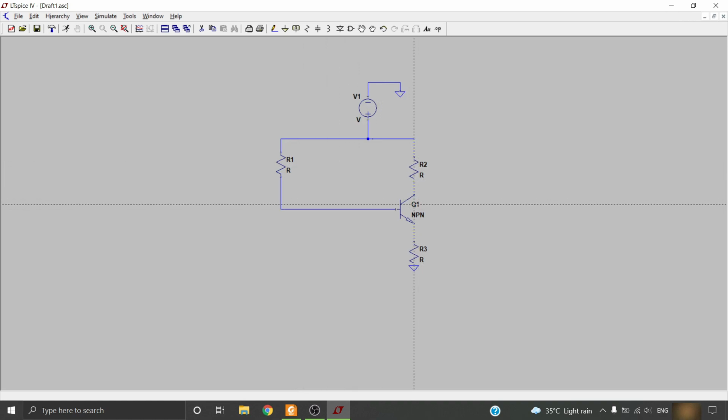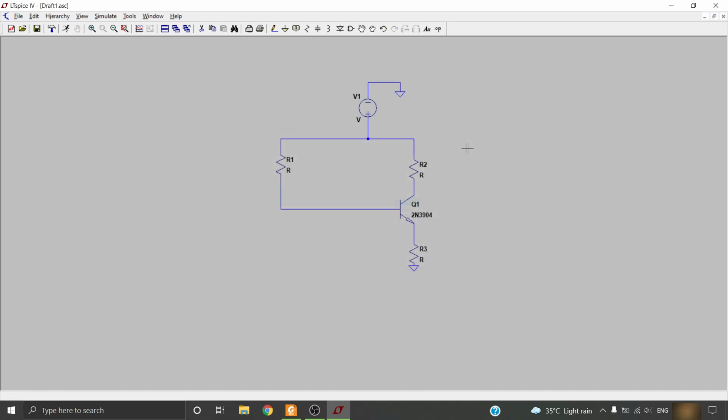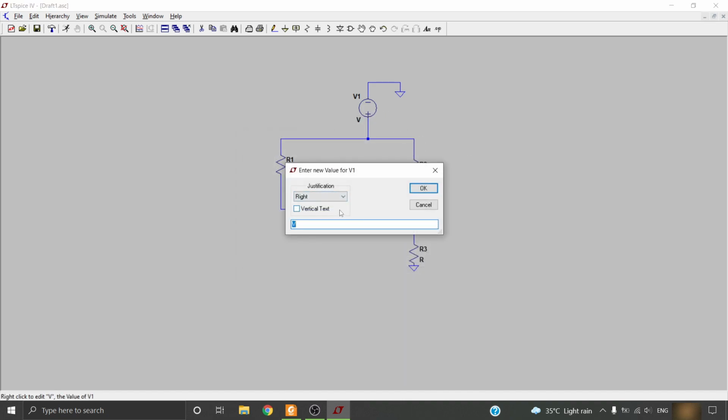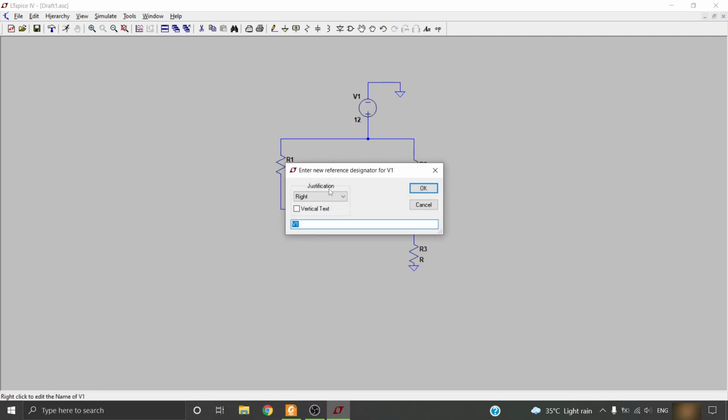And the next step will be to change the new transistor to 2N3904, then set the DC voltage to 12 volts, and relabel it. Then rename this to RC, then change the value to 2K, then relabel it with RE, change the value to 1K,